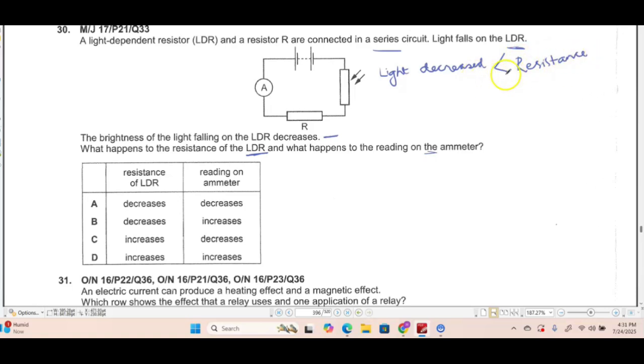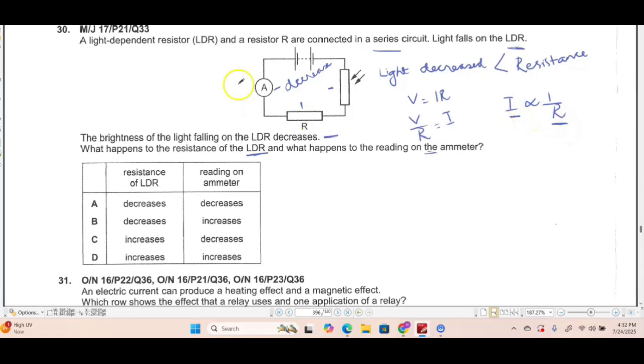Okay, this is the sign that it's greater than this. Okay, the resistance always increases. So when the resistance increases, so what happens is that the resistance has increased. Since resistance has increased and this resistance is also there, the reading on the ammeter is going to decrease. Okay, as resistance increases, we know that V is equal to IR and V over R is equal to I. So as these have an inverse proportion relationship, when the resistance has increased, the current is going to decrease.